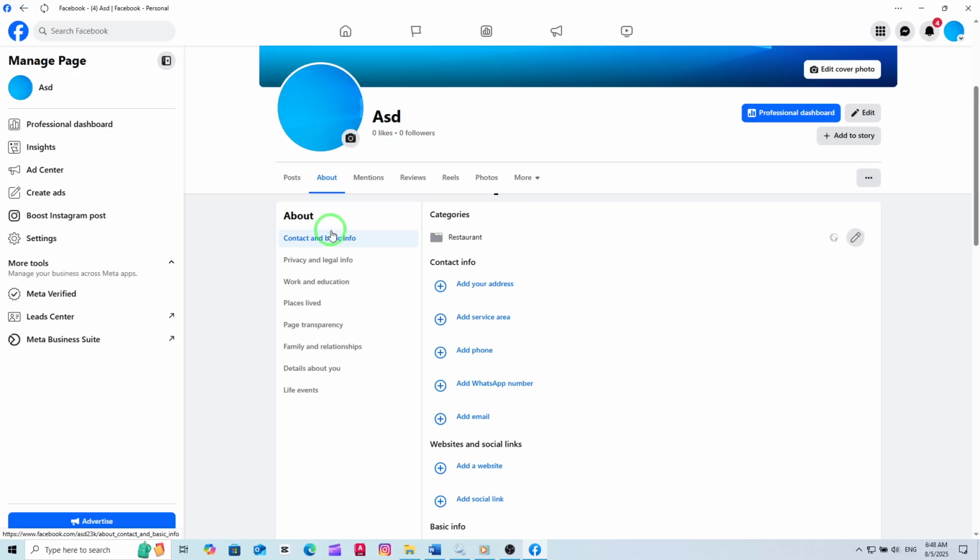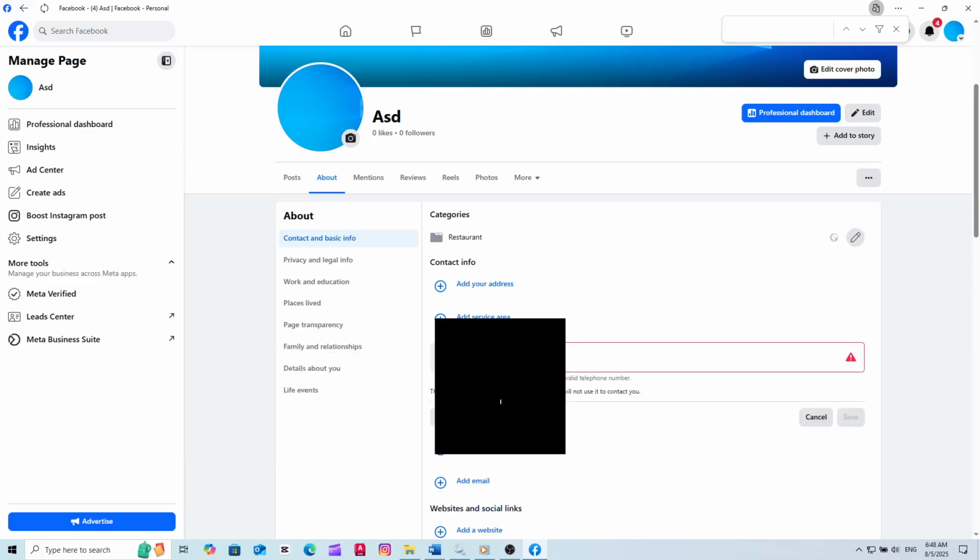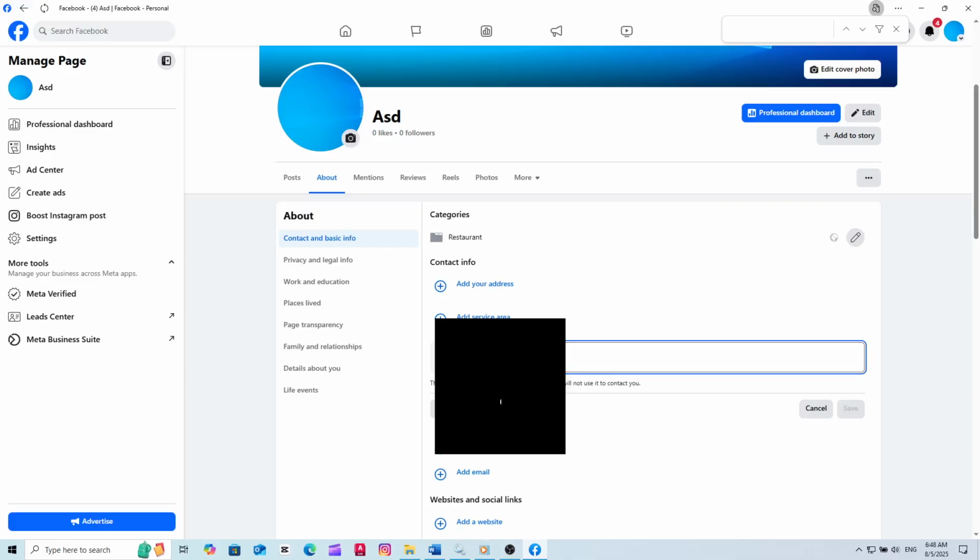Now, a new field will appear for you to type in your phone number. Enter your number carefully, double-check those digits to avoid any mistakes. Once you've added your phone number, all you have to do next is click Save to finalize the changes. That's it. Your phone number is now linked to your Facebook page, making it easier for visitors to contact you